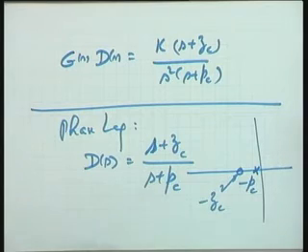So I think it should be clear, if the uncompensated system, merely by gain adjustment, you are not able to meet the transient performance requirements, in that particular case you have to pull the root locus to the left and hence you have to go for a phase lead compensator. The decision is in your hand. You can make the decision by simply studying the uncompensated system with respect to only gain adjustment.